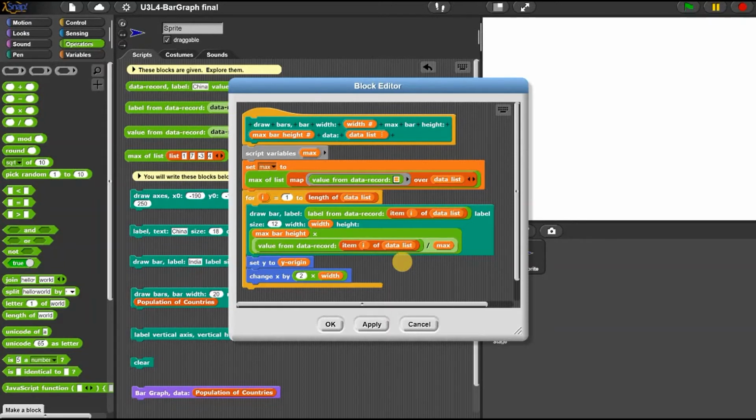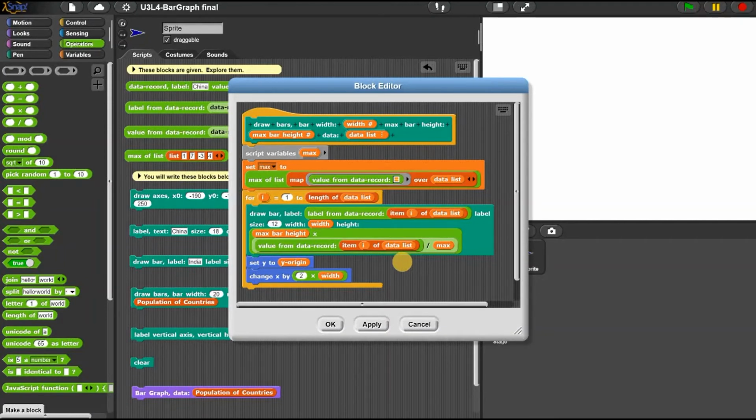And the text should be round, and then operator division I times max divided by 10. So the round button should be found in the operators tab, and inside of that slot should be a division operator. For that first slot of the division operator, you should be including in a multiplication operator, which should be I multiplied by max. You want to divide all of that by 10, set your size to 12, and the